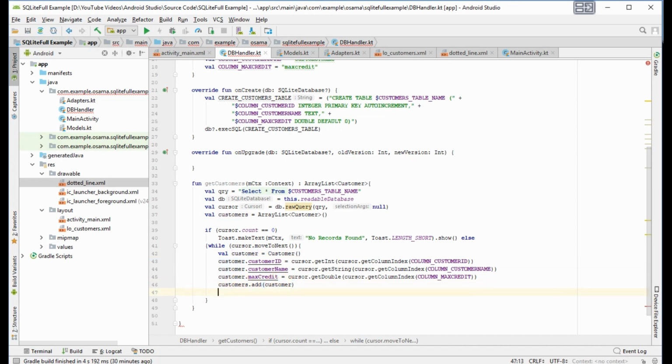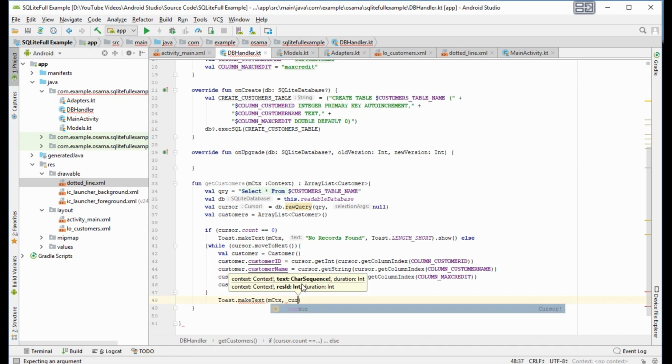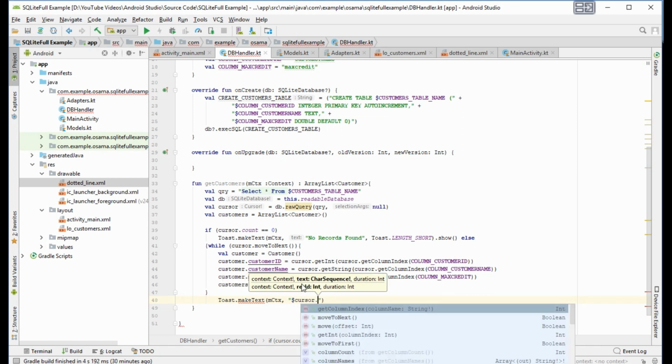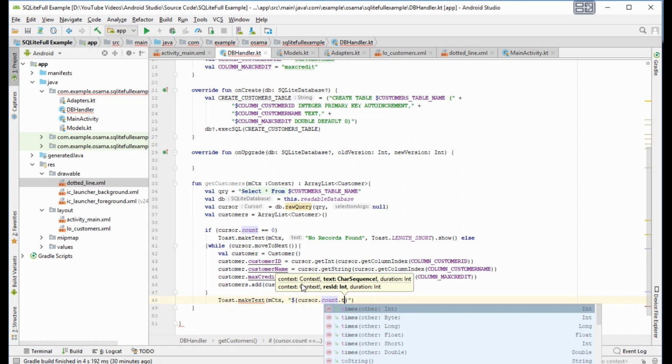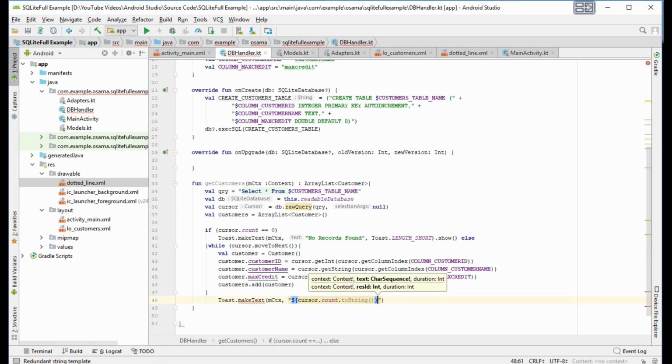Okay. Now here, if we fill this, we will toast dot make text, context comma, cursor dot count dot to string, okay, and records found.